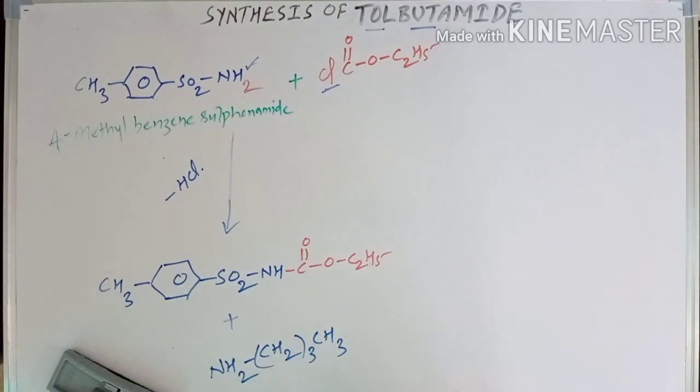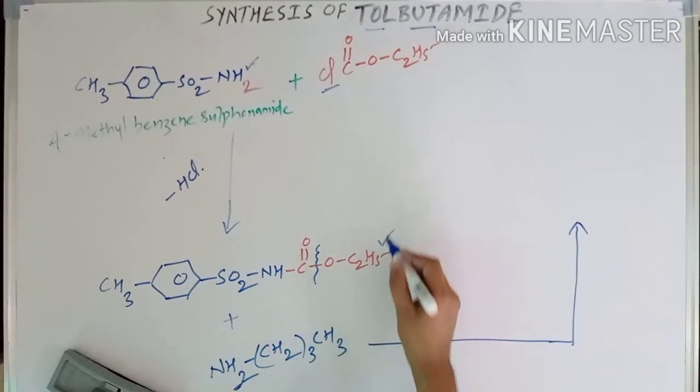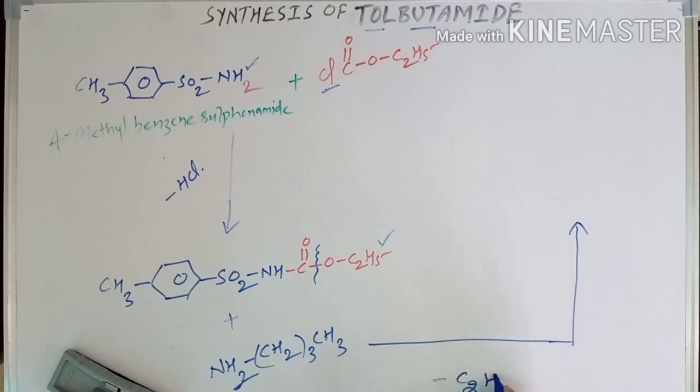So what happened? If we add this group over here, so this is N-butylamine, this is a base. This base reacts with this molecule. So the vulnerable or breakable functional group here is the ester. This is your ester bond. So the ester bond breaks from this position, and this ethoxy group reacts with this hydrogen and forms what? Ethanol. This ethoxy group forms C2H5OH. Ethanol is released, and this whole structure is added onto this one.